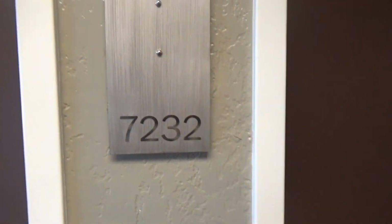So let's go inside. See, notice the rooms here are labeled: rooms 7232, 7230, 7228, 7226. Notice that on both sides the rooms are even numbers and not odd. That is because